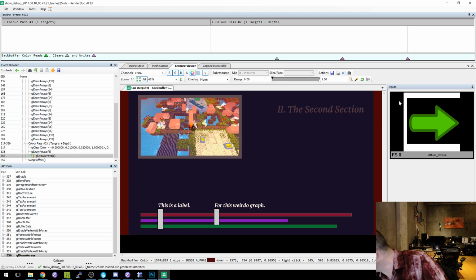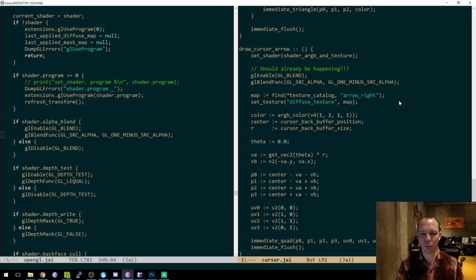From where is draw cursor arrow being called? It's being called from the same place that draw cursor dot was being called. You didn't see the code. Please show the code again. It's just super simple. I mean, I have a set shader routine that I use for everything, and this didn't help, so